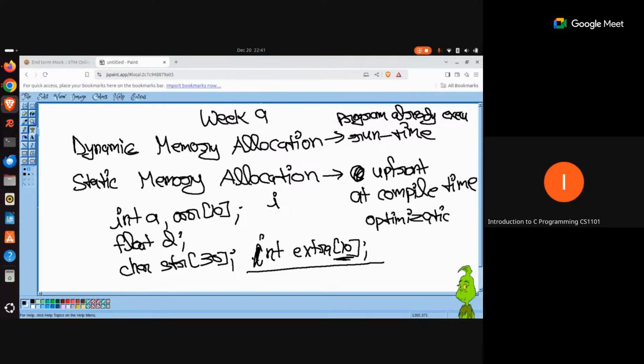Optimization means that your program should run as fast as it can and consume as little space as it can. That means if your program is taking 100 bytes, you should always think about decreasing this memory usage of 100 bytes to something less than that. Even if you can do 99, that is going to be an achievement for you.